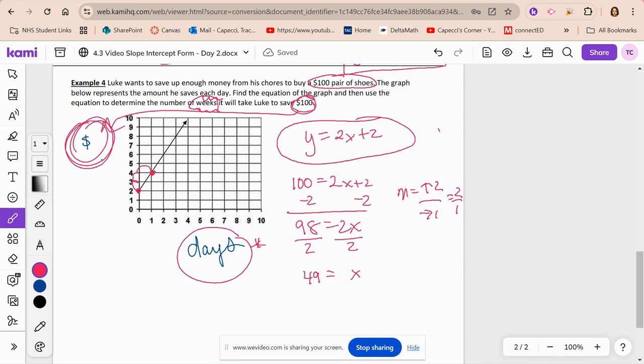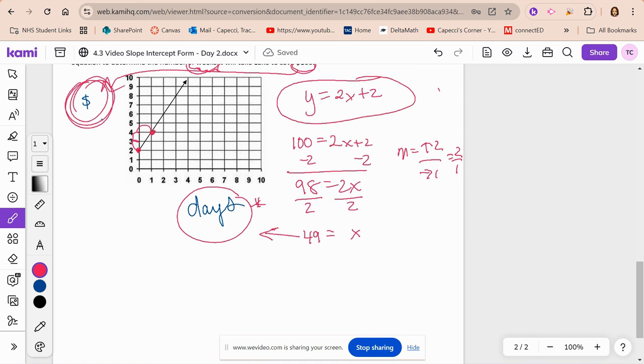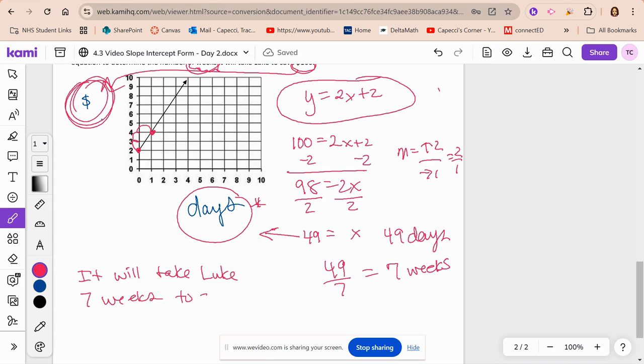So it's 49 what? Well, our x-axis says 49 days. But the question is asking for the number of weeks. So we know that's 49 days. So then we have to think about, again, be careful when we're reading the question. 49 days. There are 7 days in a week. So the answer there is 7 weeks. Okay, so it will take Luke 7 weeks to save